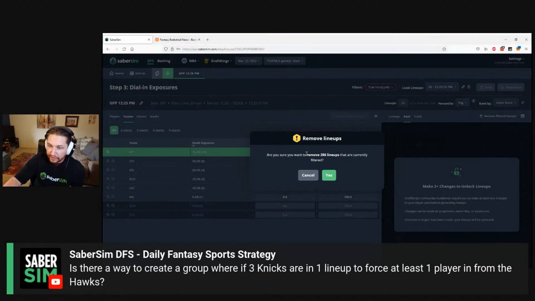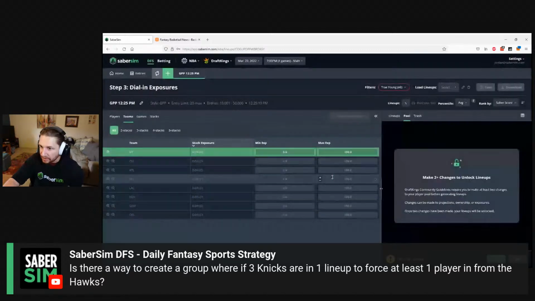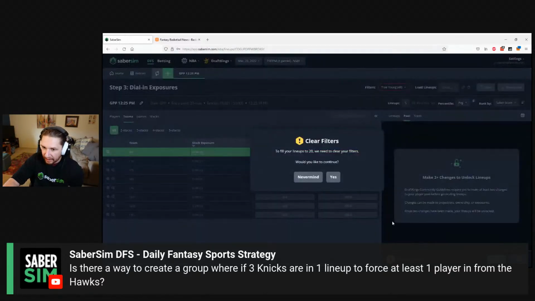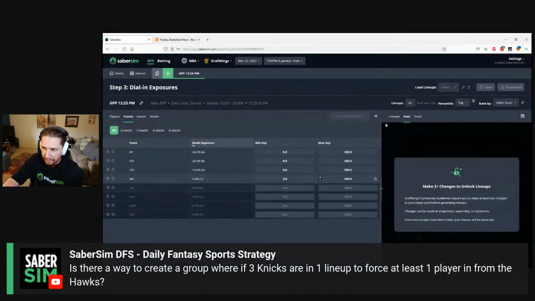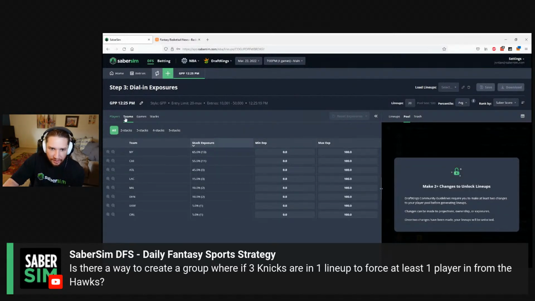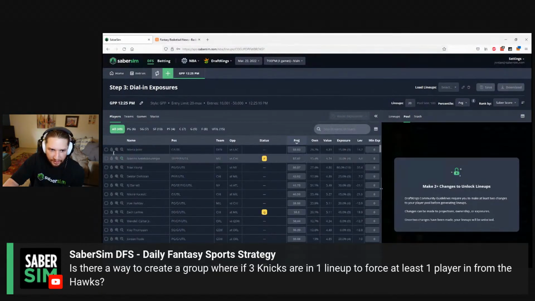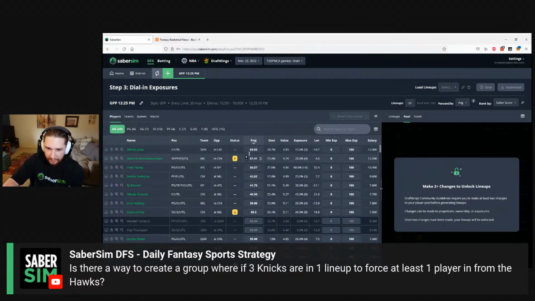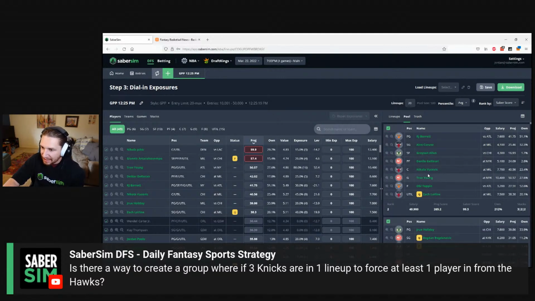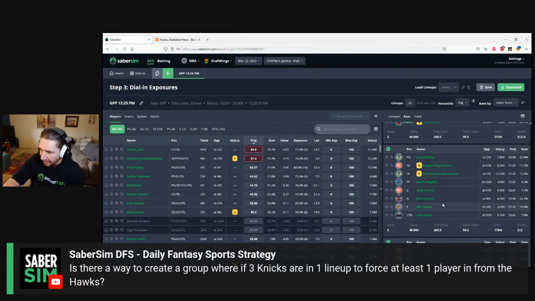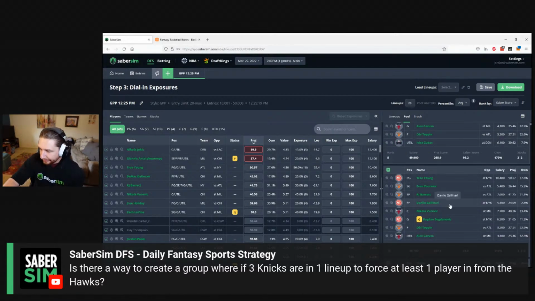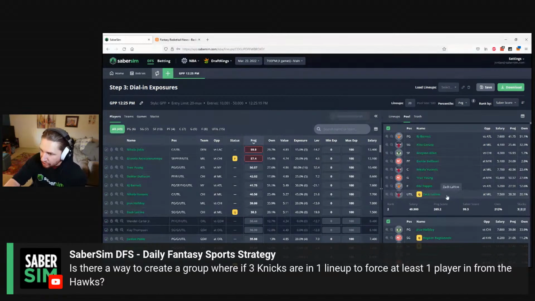So you can see in this particular case, a 4-game slate where this is the best game environment on the slate, it's going to remove a lot of lineups from our pool. But from here, we could go back and fill up to 20. Now in this particular example, it's not going to be perfect by any means, but any lineup that has 2+ Knicks will now also always have Trae Young. So I think that can help get you there, especially if there's just a couple small situations that you want to target.